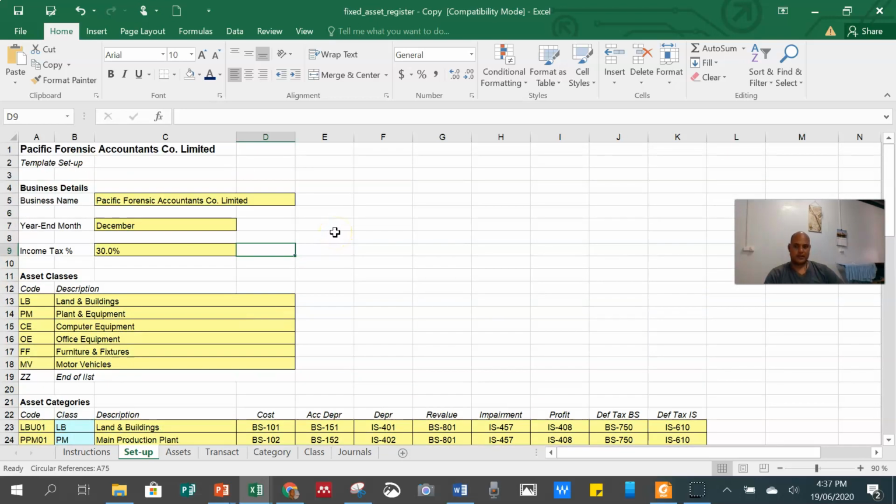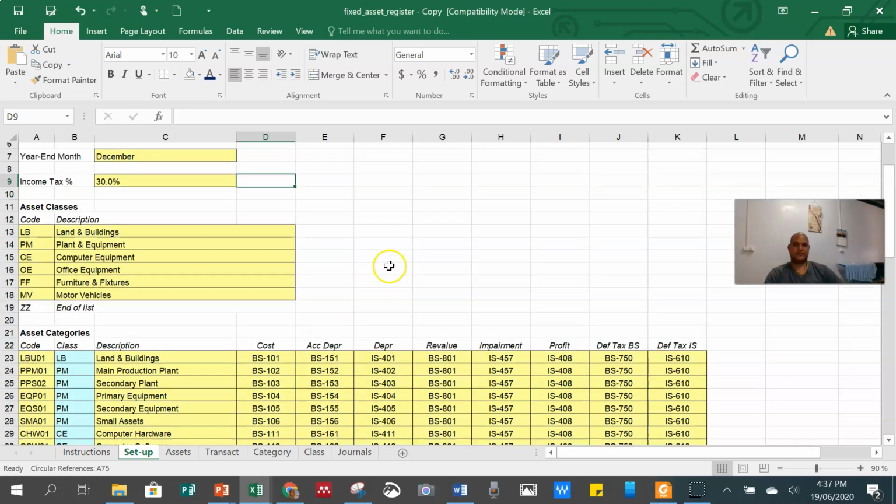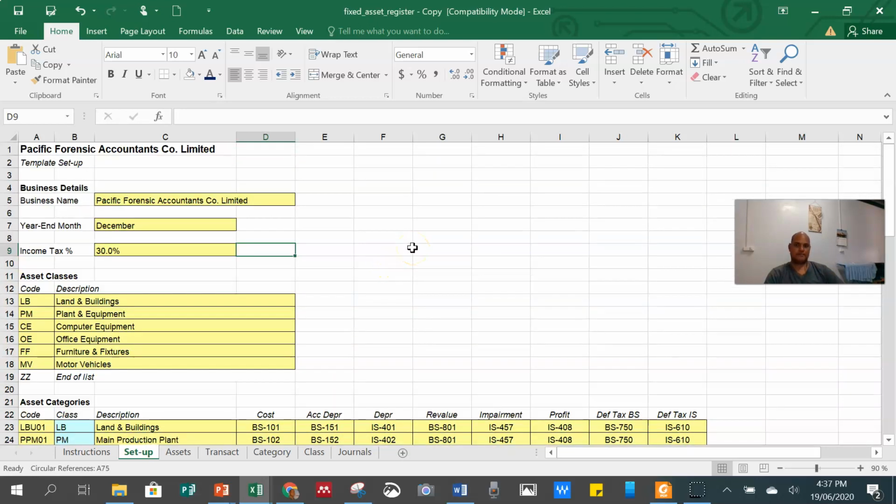And once they are recorded, you can have at least 15 days or at least 30 days to follow up on whether all the fixed assets that have been acquired are recorded in this fixed asset register, and whether what they recorded was actually acquired.